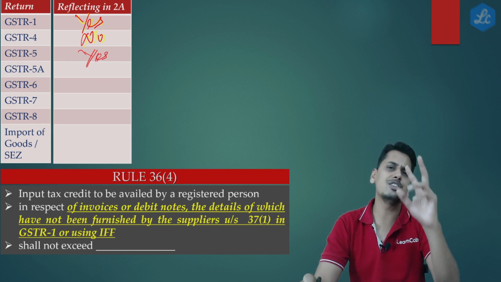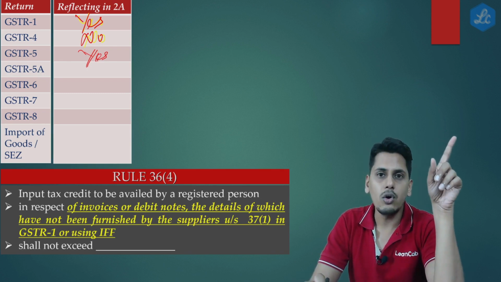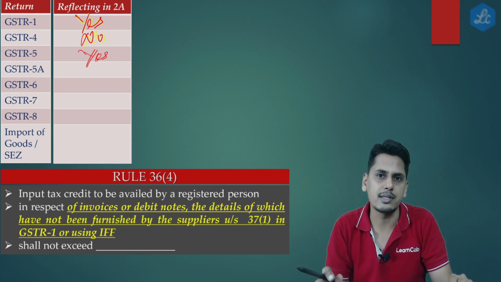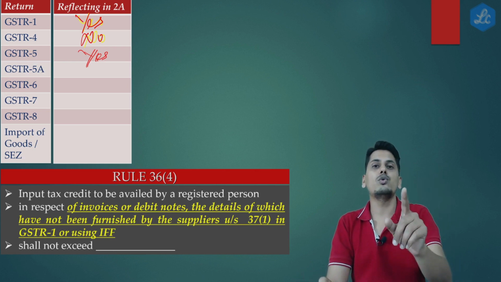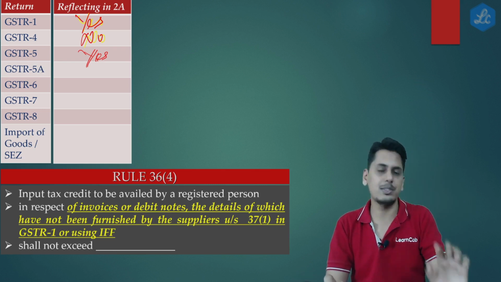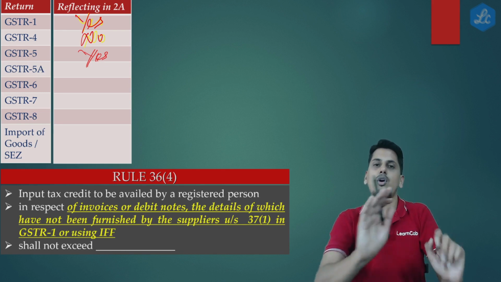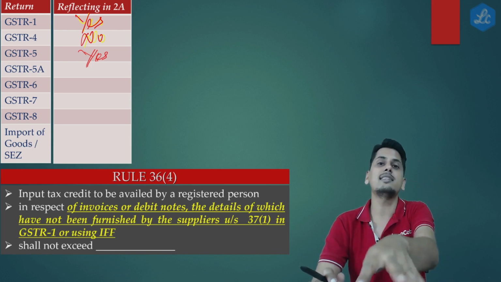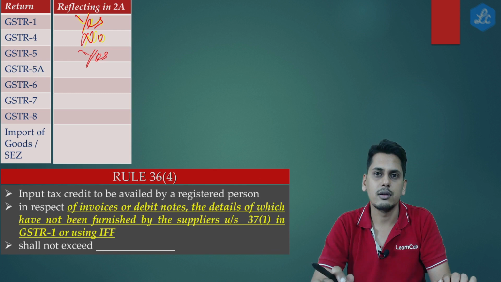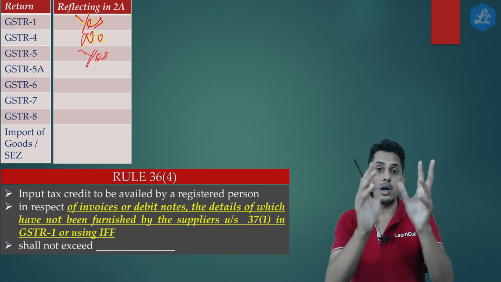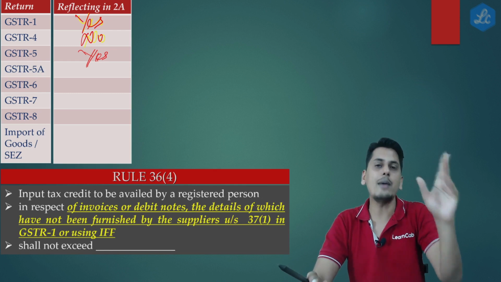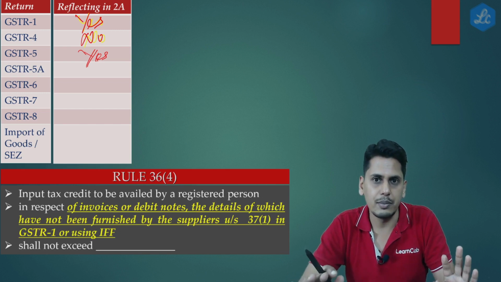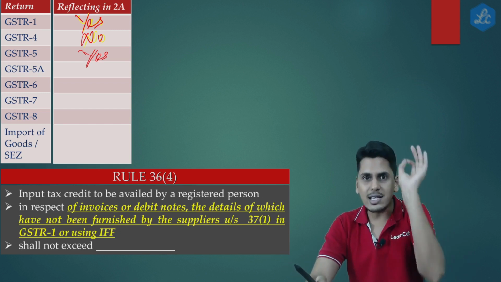GSTR 5A, who files GSTR 5A? An OIDAR provider who is sitting in non-taxable territory and making supplies to whom? Basically an unregistered person. When the supplies are made to an unregistered person, only then is GSTR 5A filed. See friends, if an OIDAR provider sitting in non-taxable territory makes a supply to a registered person, the registered person would pay GST under reverse charge mechanism. The OIDAR provider is not even liable to pay taxes on it. When is he liable to pay taxes on it? When he is making a supply to an unregistered person. So in this case, for him it is always a B2C supply.